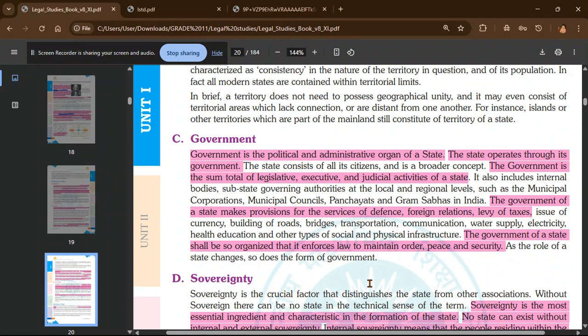peace and security. So जो एक स्टेट की गवर्नमेंट होती है, उसको बहुत ज़्यादा ऑर्गेनाइज होना पड़ता है कि वो ऐसे लॉज को मेंटेन करे कि जिससे सबका सोशल वेलफेयर इज मेंटेन्ड एंड पीस एंड सिक्योरिटी इज आल्सो देयर.